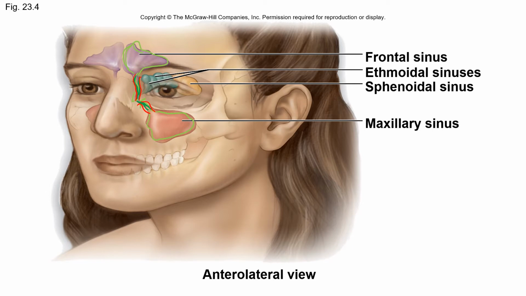So now the combination of thicker mucus, which might be an allergy-related thing, or it might be an infection-related thing, and inflamed membranes that trap that mucus up here cause